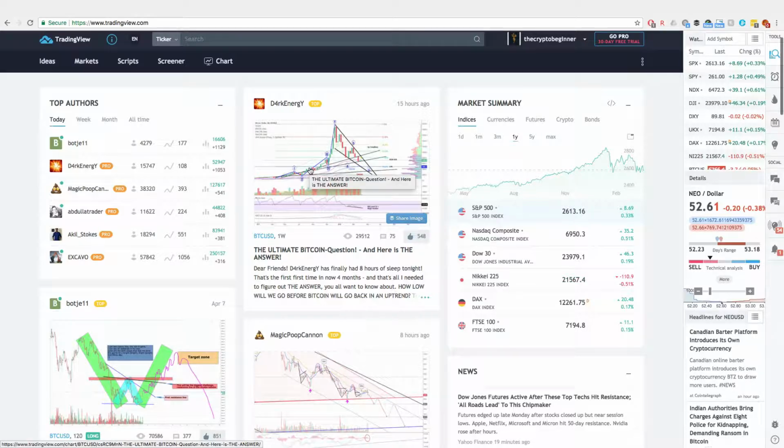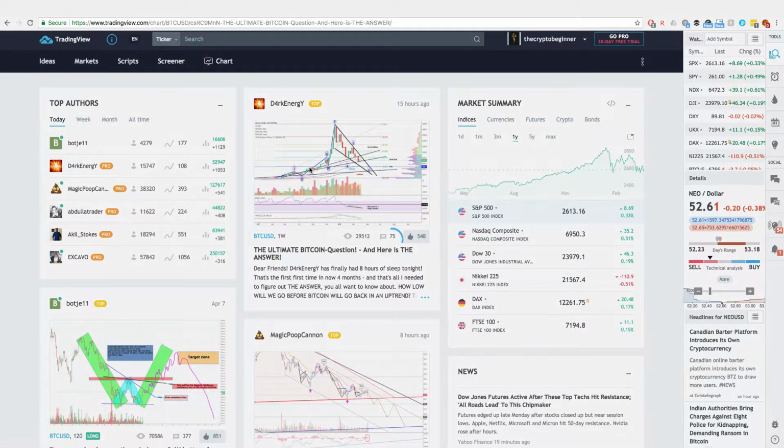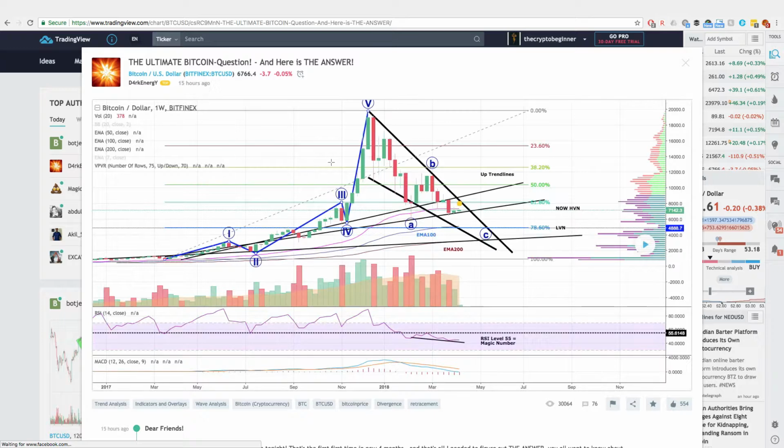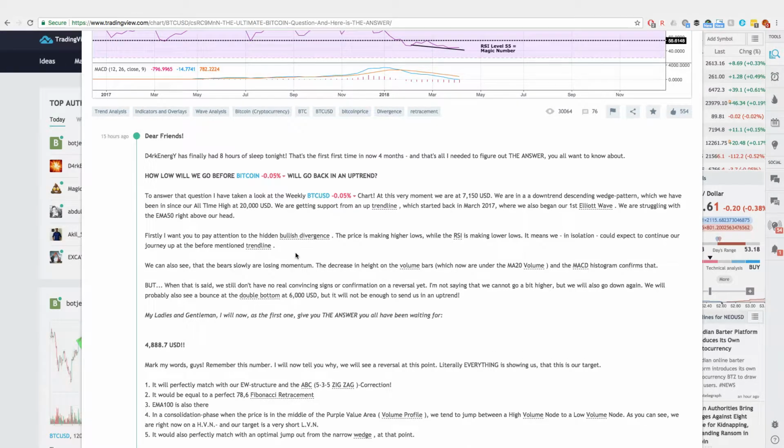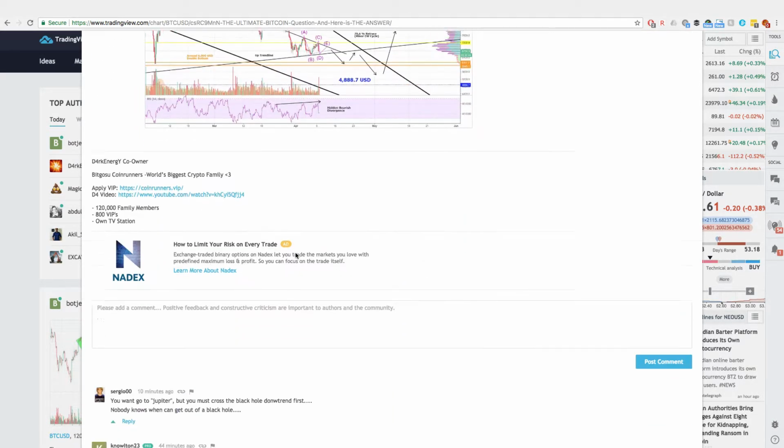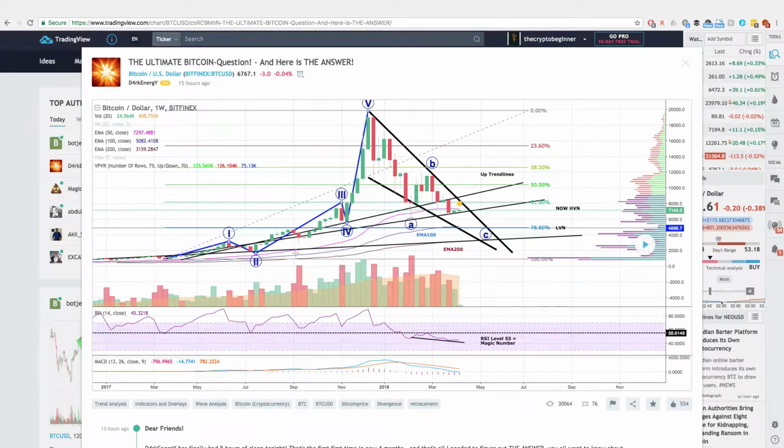So if you want to, for instance, you could click on one of the person's graphs and you can see what their technical analysis was for it. And then underneath of it, they have a little write-up. And so that's actually pretty cool. I've started looking at these a lot more and they could get very useful to help you with